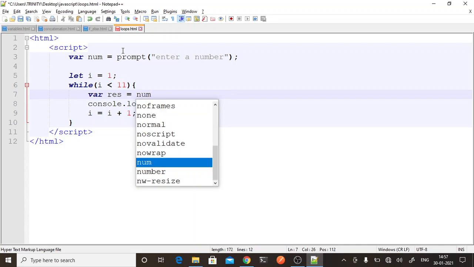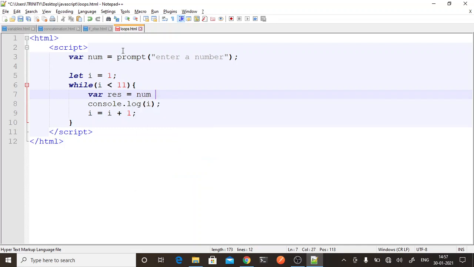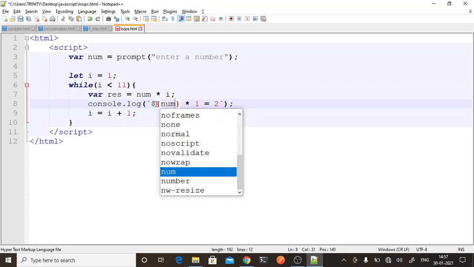So what I will do, num star i, and I want to print it in the format 2 star 1 is equal to 2, then 2 star 2 is equal to 4, like that. This 2 is coming from the user, which is stored in the variable num, correct?